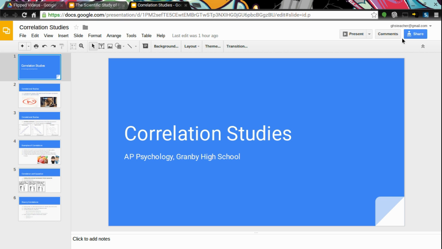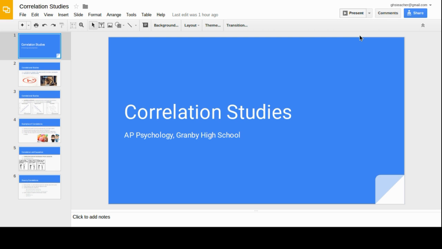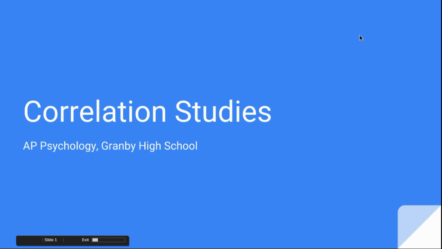Welcome. Today we are going to discuss a second type of research method, and those are predictive research methods. And the one predictive research method that we're going to take a look at today is something called correlation studies. I think it's vitally important that AP psychology students understand exactly what correlational studies are and also understand what they